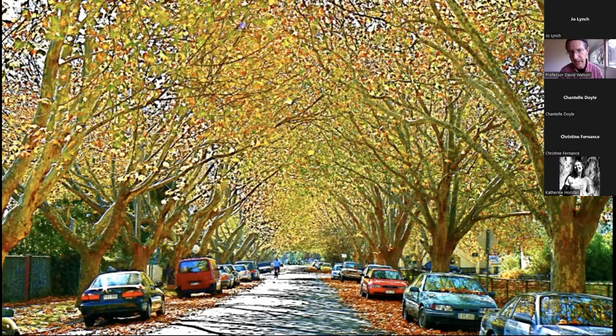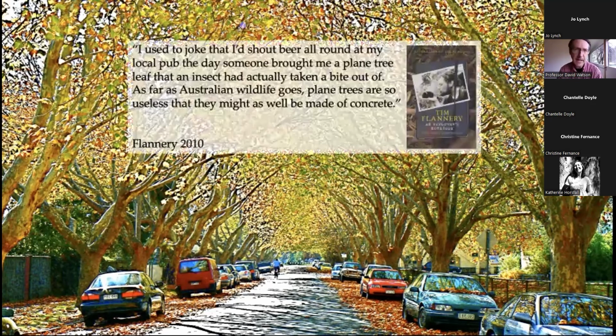And plane trees have an interesting backstory here. So Tim Flannery is quite opinionated on many things and has pointed out that really they might have the odd hollow, but they're effectively sterile. Nothing really eats them. They're a completely foreign plant. They're a nice street tree. They're resistant to pollution, all that stuff. But as far as wildlife is concerned, they may as well be made of concrete, was his point. So it was a nice opportunity to say, okay, well, can we take these, quote unquote, concrete trees and make them better for wildlife in our cities.